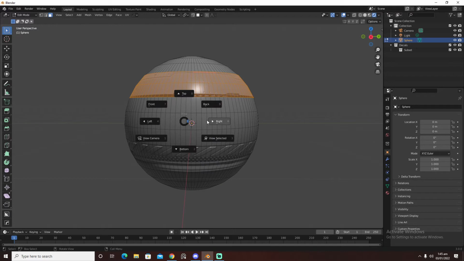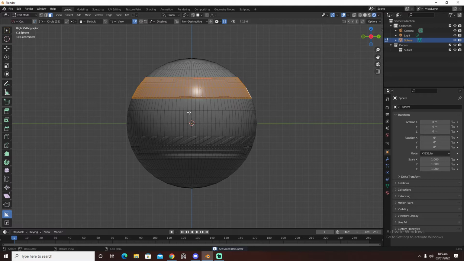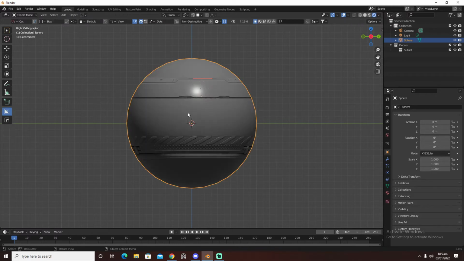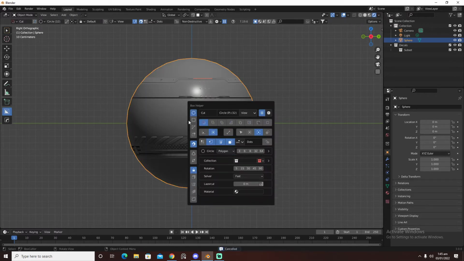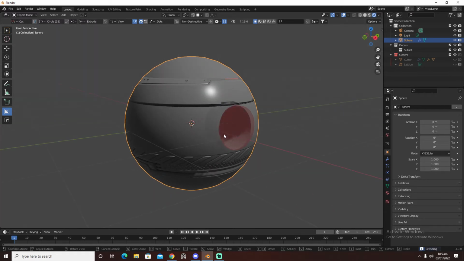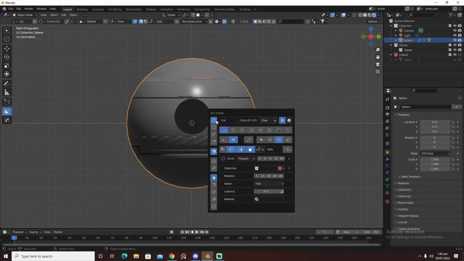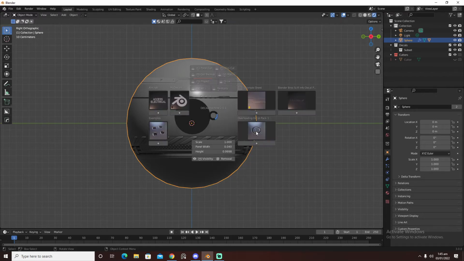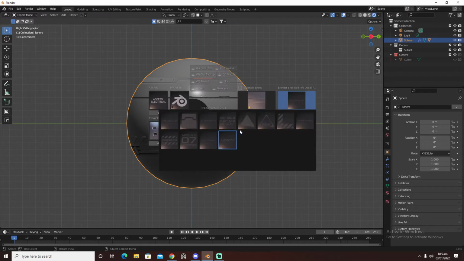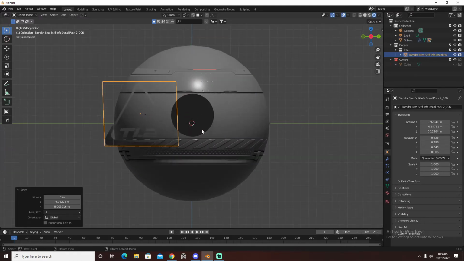and what we are going to do is I'm gonna press Alt W, and I'm gonna go into cut mode, and we are going to create a hole here to right about here, something like this, and I'm gonna go here, and I have some decals here, and we're gonna bring it to right about here,